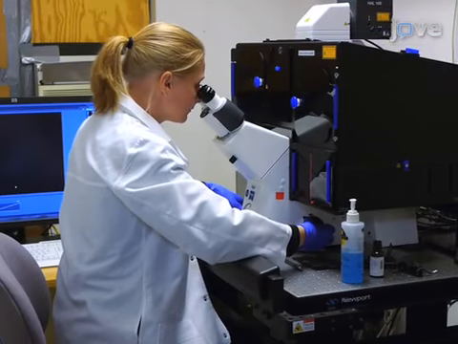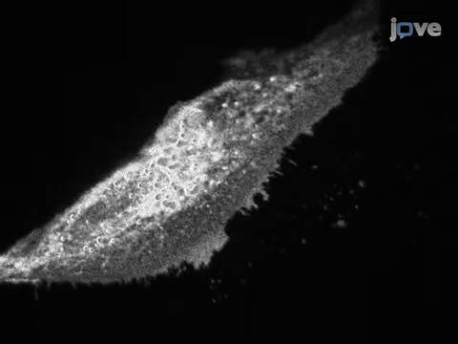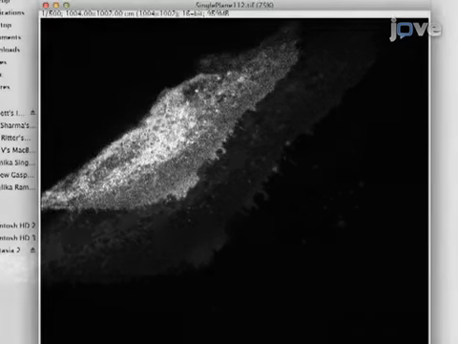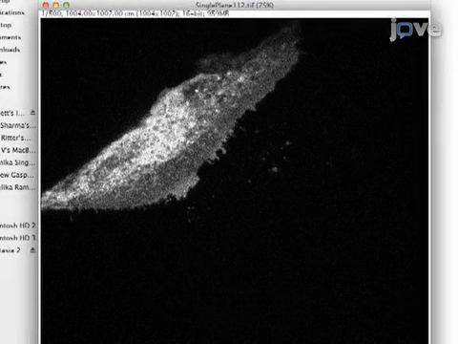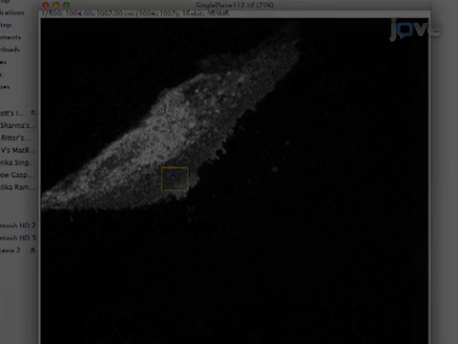During acquisition, it is important to keep the membrane in focus throughout the duration of the imaging. Select a rectangular region of interest, or ROI, at the flat part of the membrane where fluorescent